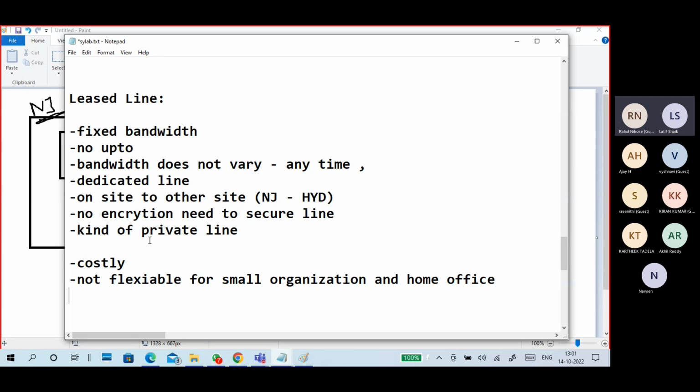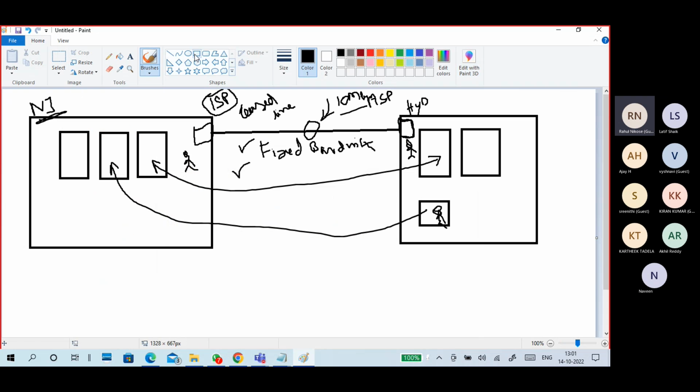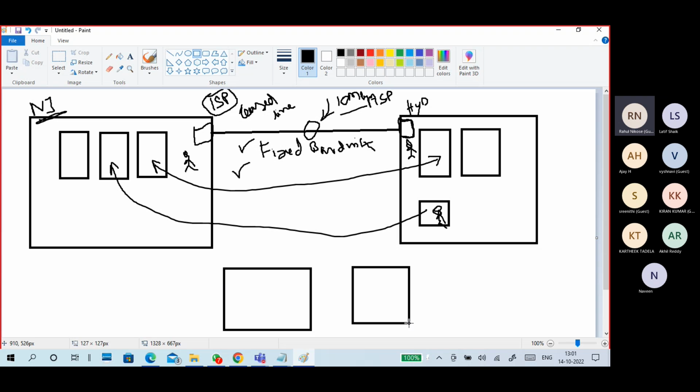For example, Pune is a very small office. Think like this: the Pune office is a very small office. The Hyderabad office has many firewalls and so on, so no problem, we can secure it. I am working from my home, so I cannot take a leased line to my home.